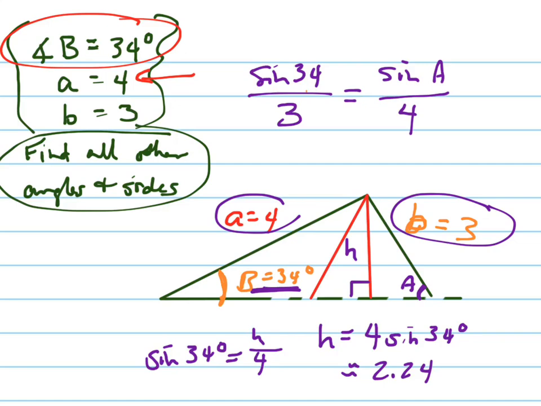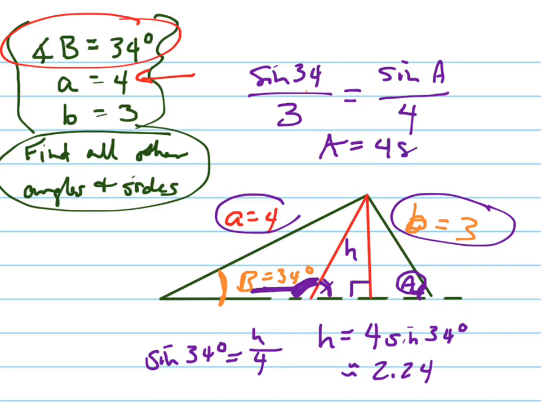Now some people might say, well, why isn't it this angle right here? Well, the reason is because when you take the sine inverse, you're not going to get an obtuse angle, you're going to get an acute angle. So that's why you know it's going to be that angle right there. We can solve for this obtuse angle then. Notice that that angle A is the same as that angle A right there. So we're going to solve for that obtuse angle by subtracting it from 180, and that'll give us that bigger angle for your second triangle. So solving this for A using your calculator and the sine inverse, you get